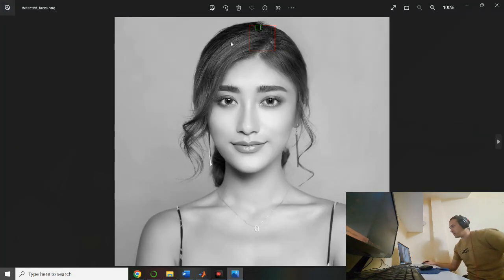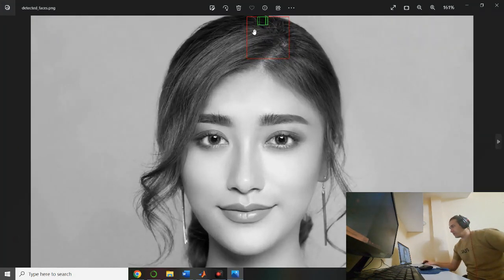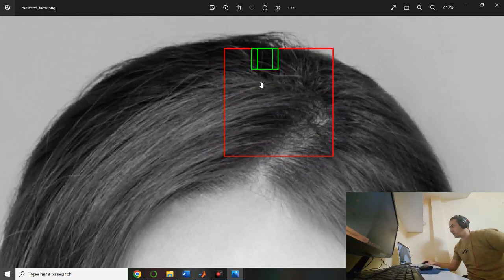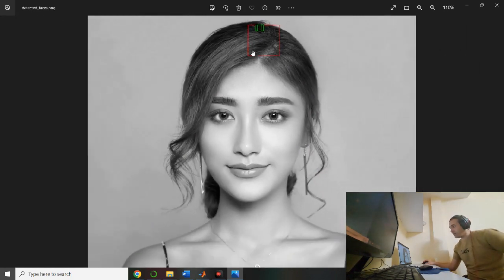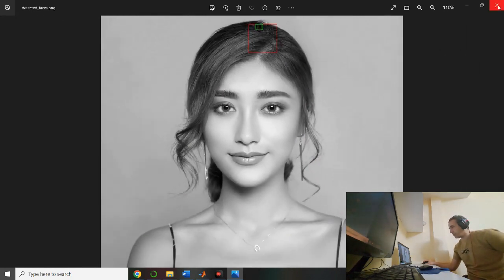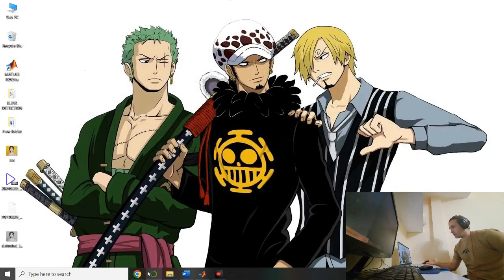If I press this, as you can see, there is a rectangle here on the head, and the two rectangles are in here, which were supposed to be around the eyes. I don't know why it doesn't find the face. What is the problem? I also wrote the code in MATLAB,